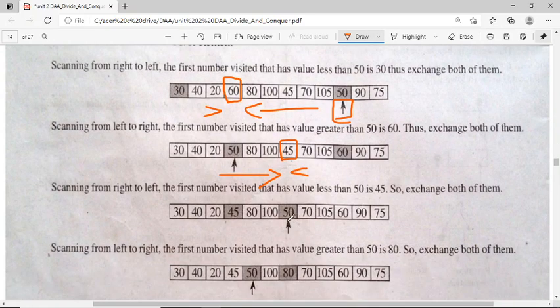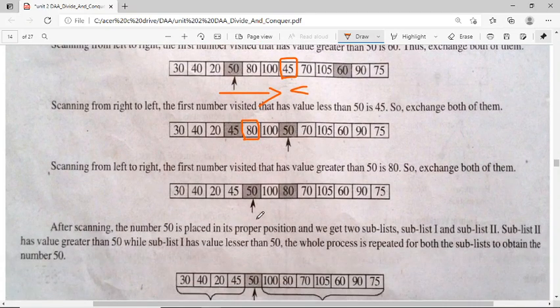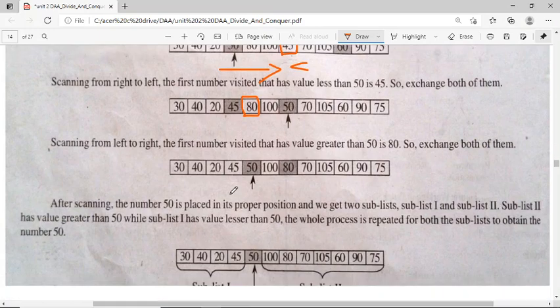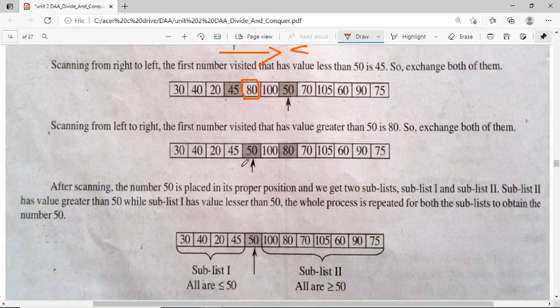So here again we need to come from right to left. So what we need to check now? From right to left, whenever you are checking, what is the next highest value of this? 50 is lesser than 80, false. So this should be exchanged, so in place of 50 and 80. Okay. So till now, when we reach here, we will get the middle value.